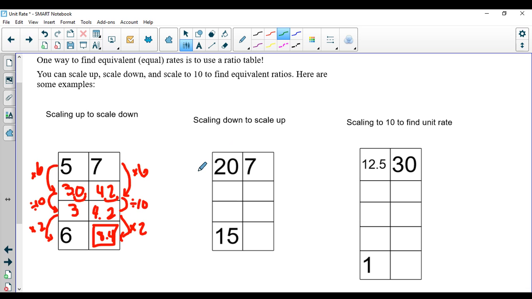Let's look at our second example, scaling down to scale back up. So we have this ratio 20 to 7, and we need to find the equivalent ratio 15 to some number. So like our first example, there's not really an easy way to get from 20 to 15. But I know that